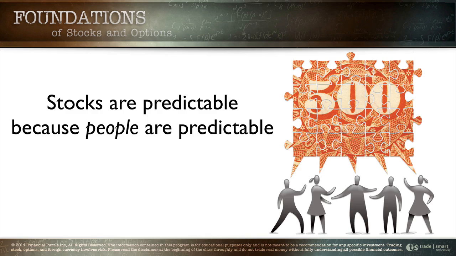Now, with that in mind, here's what we can deduce. We can say stocks are going to be predictable because people are predictable. People are so predictable that I can say, what are the two emotions people are ruled by? And you guys say fear and greed. It's predictable. It's like clockwork. I've done these classes for 6 years. I've never taught this lesson or any variation of this lesson and had people write something other than fear and greed. You're conditioned to respond that way. People are extremely predictable. And because people are predictable, it allows us an opportunity.